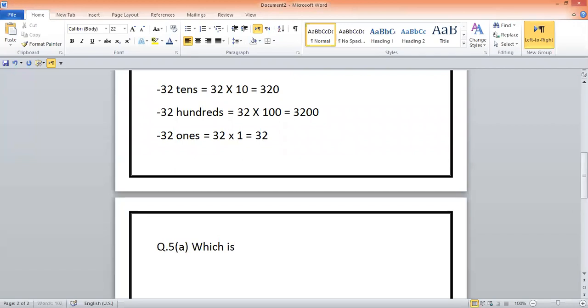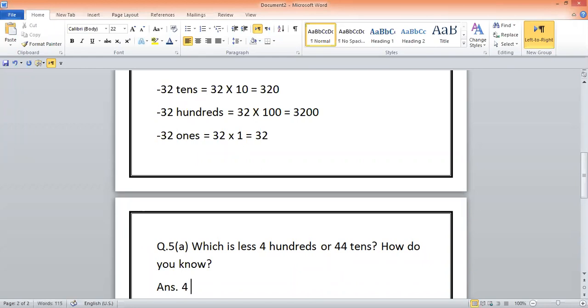Which is less, 400s or 44 tens? How do you know? This is the question, right? In order to write its answer, you will find out